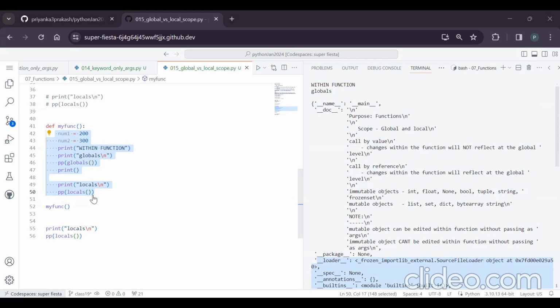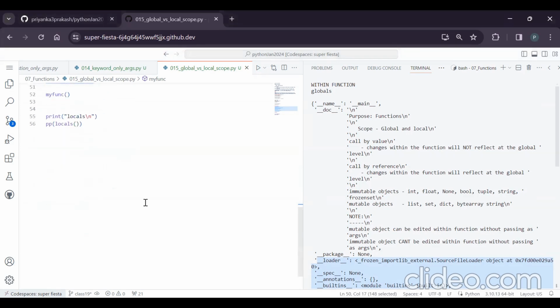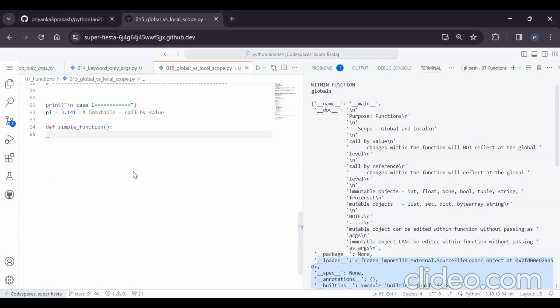Okay, sir. Now I understood these two scopes. What to do next? To understand next, let me comment this. So we understood a good amount of things. So let me comment this also. So we understood it. Let me go for the next one. If I go for like first case, where I'm defining some variable globally, and I want to show the concept of call by value. Say if I define something like a simple function, and within the function, I